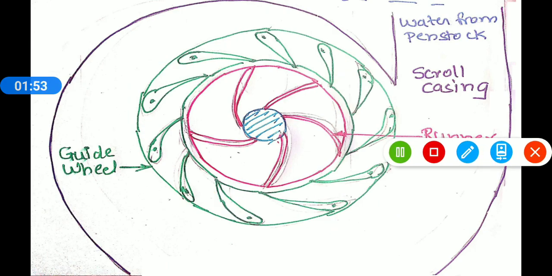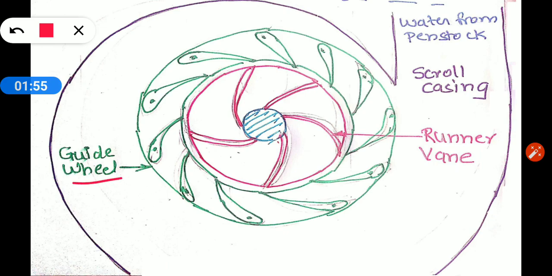Then after that we have the guide wheel. We are calling it a wheel, but it is a stator. Basically it is a disc over which the blades are mounted. These blades are called guide vanes, fine. As you can see, there is a pivot on the guide blades. With the help of this pivot, you can swivel the guide vane in these two directions, with the help of which we can regulate the flow. So the very first function of the guide vanes is to regulate the flow. We can control the flow with the help of a hand wheel or a governing mechanism.